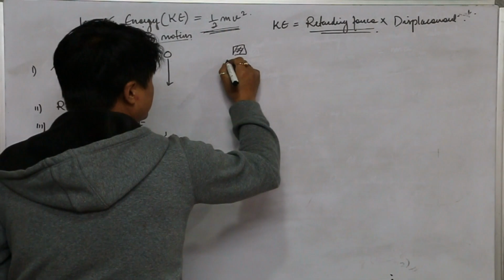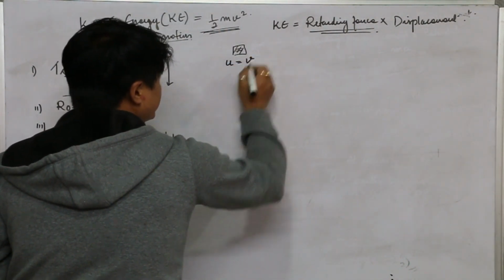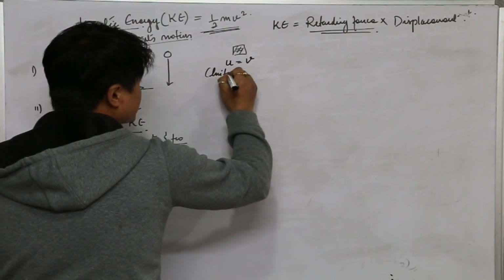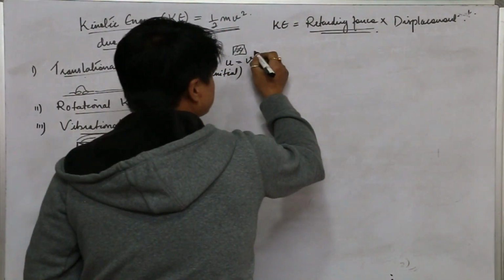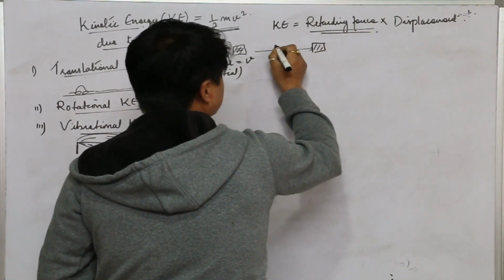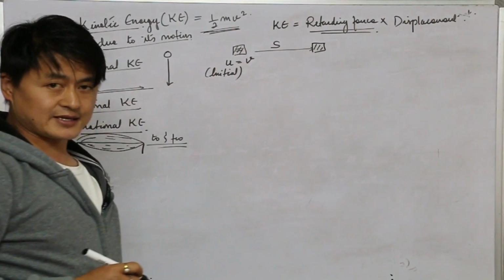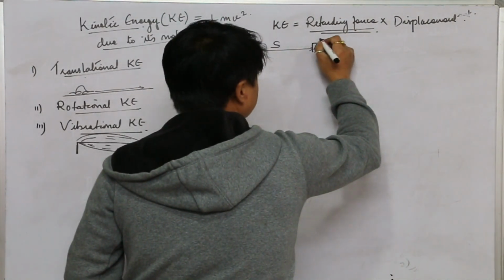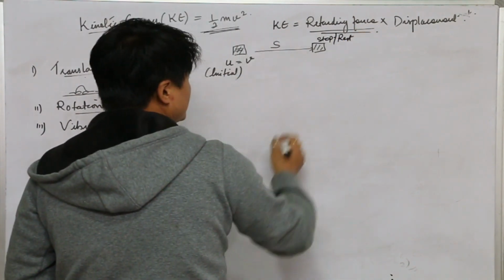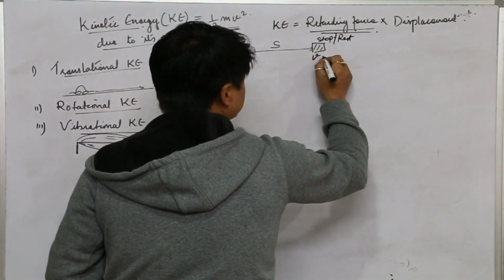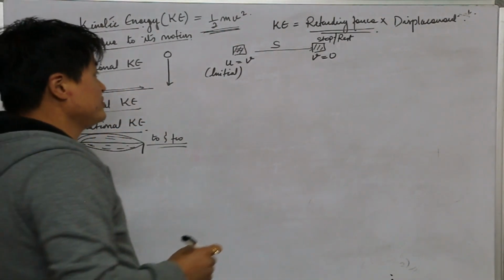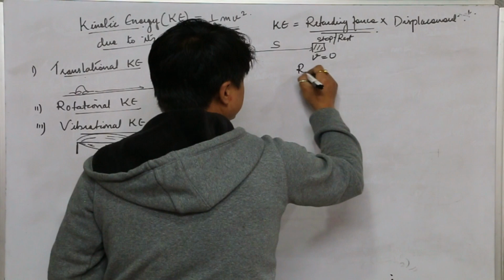Initially the body is moving with an initial velocity, u is your initial velocity. Due to some opposing force, the body will stop after traveling distance s. So the body will come to rest, and at that time the final velocity v will be 0 here. Now, if you have to find the retarding force here,